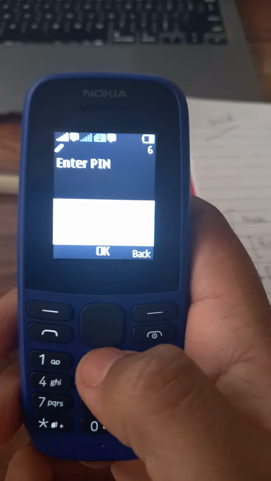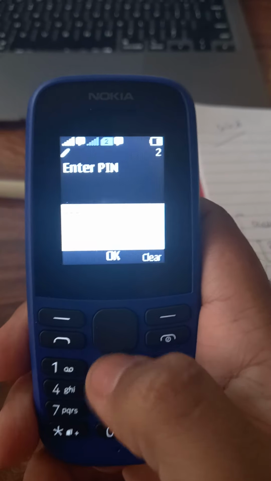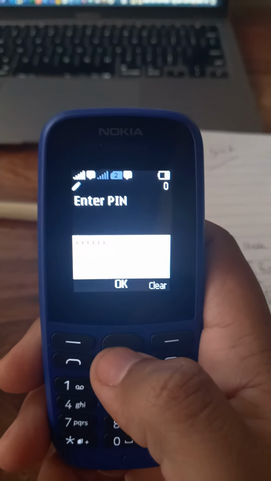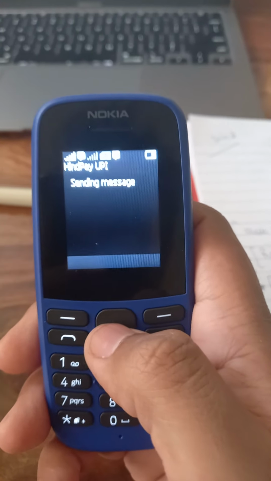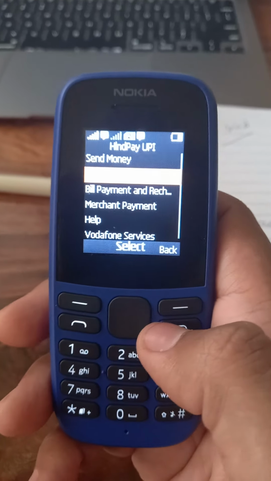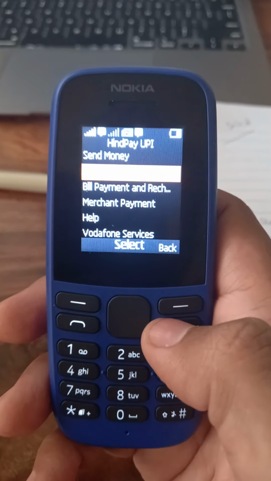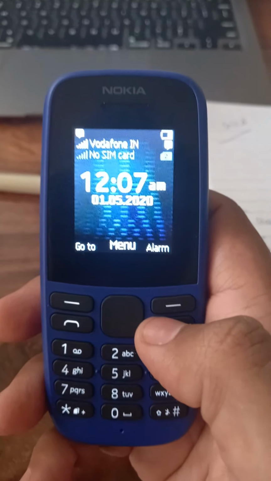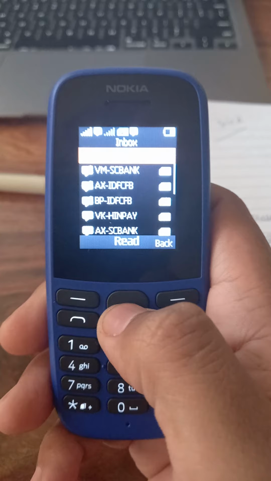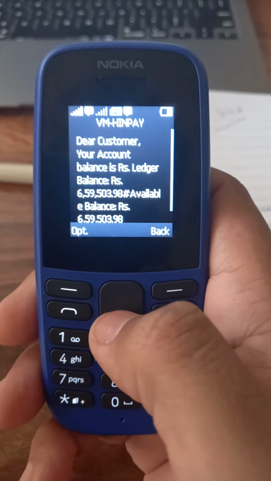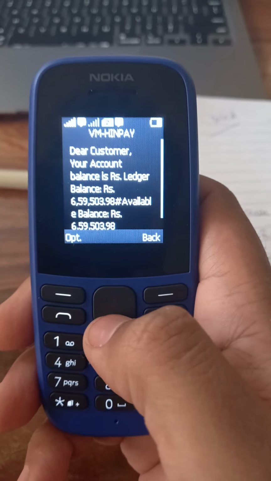I have to enter the PIN. Again, for every request, one message goes from the mobile handset, and then the response is received in a text message. See, I have received the response: dear customer, your account balance is this.